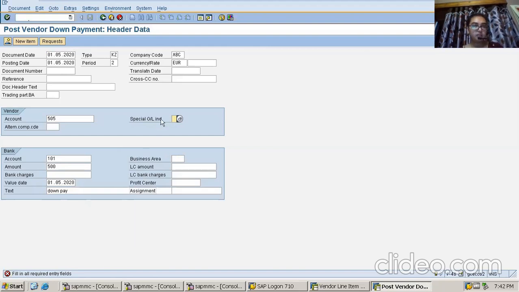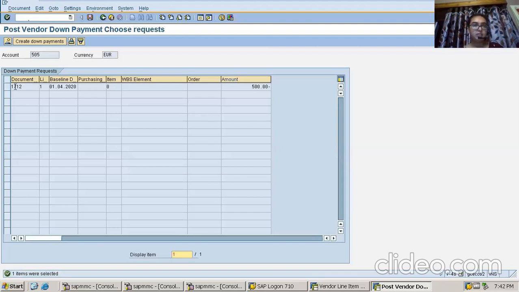It is asking for the special GL indicator. Yes, I missed it. In special GL indicator, again you have to put A as down payment. Going inside, see, this is the request. Now I have selected this. Now I'll double click on this. Let me select it once again. Selected.